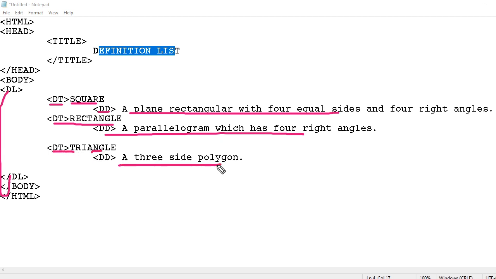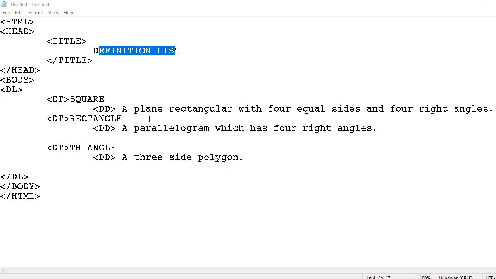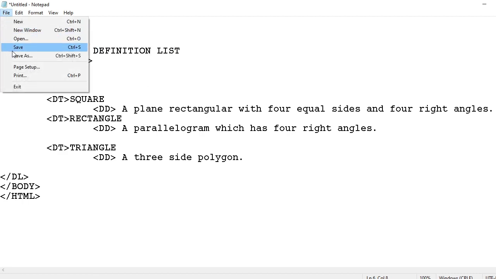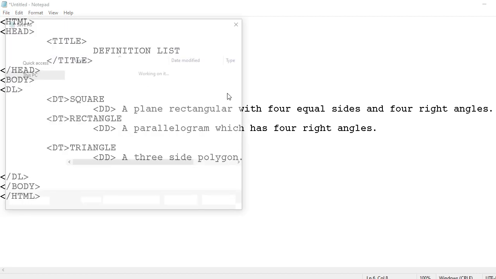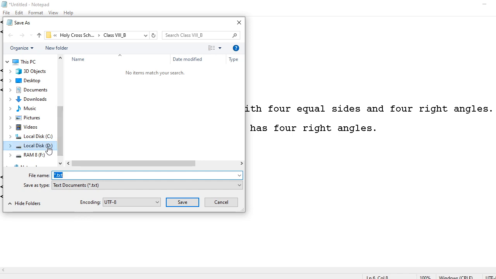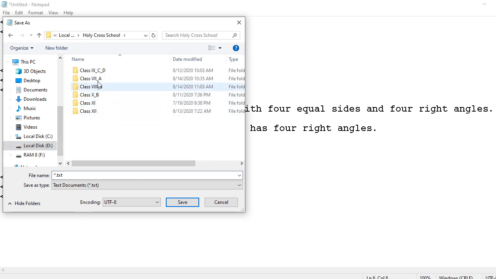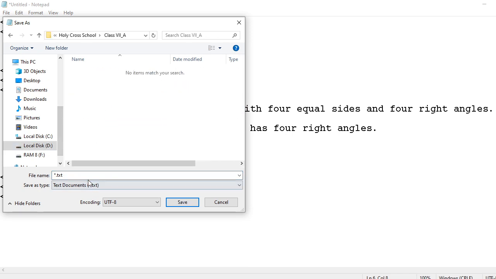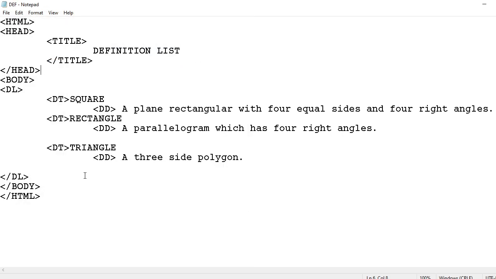So let us run this script first. I am going to save the file. Let me save this file in your class where 7 is there. I am going to write here definition.html. Okay, so this has gone to definition.html.